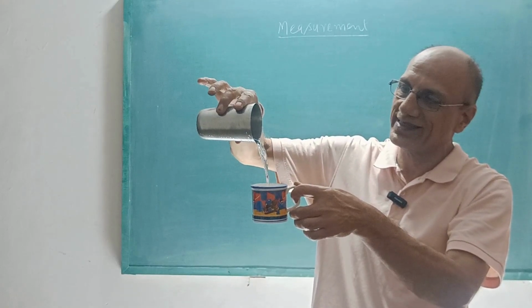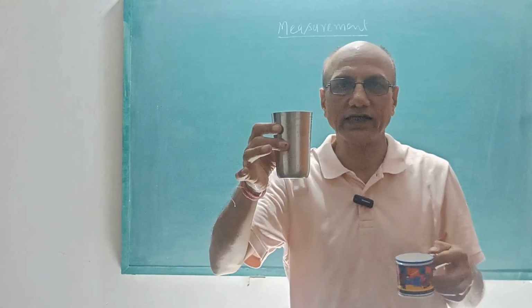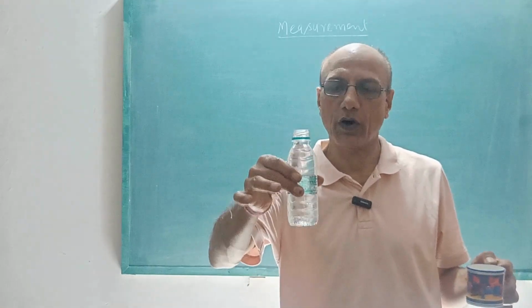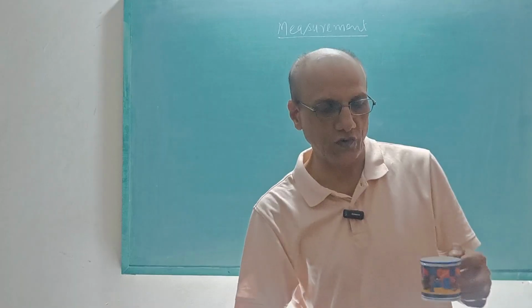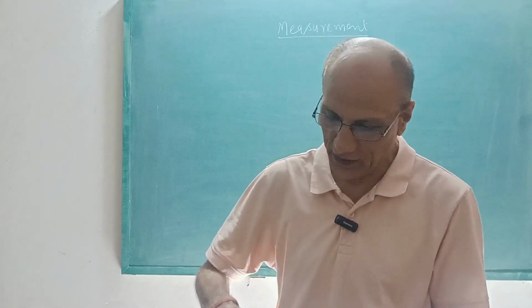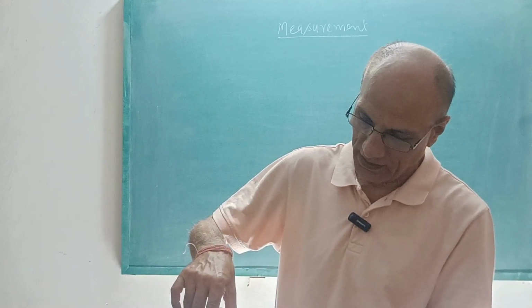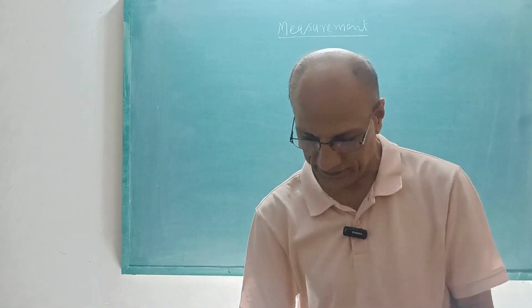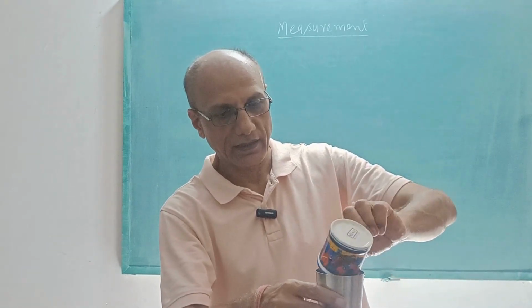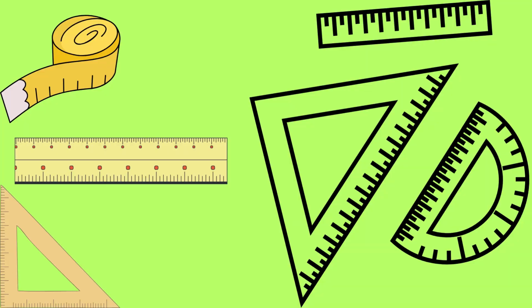So here we can say the volume of the glass is maximum, then second number is this bottle, and the least volume has the cup. So now we'll see how many cups are there in a glass. So here it is 1, then